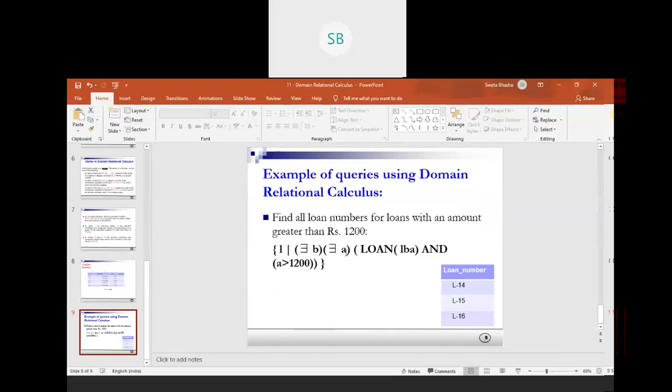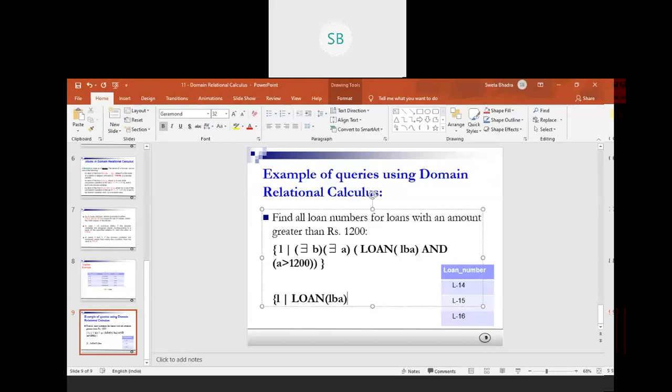Then you don't need this "there exists". You will write L here. Let me show you. How will you write? L, then such that, then LOAN of LBA and A greater than 1200.